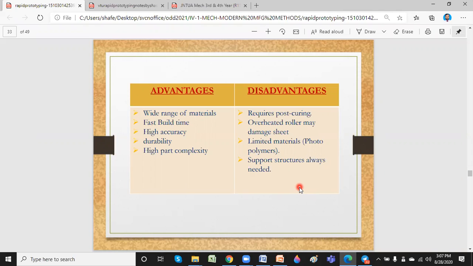Okay, so very popular. And one more is available. When we meet next class, maybe next week, we'll discuss the other rapid prototyping processes, and we'll go further into modern manufacturing methods.